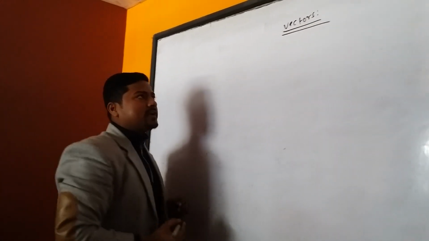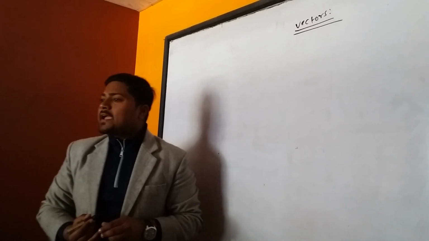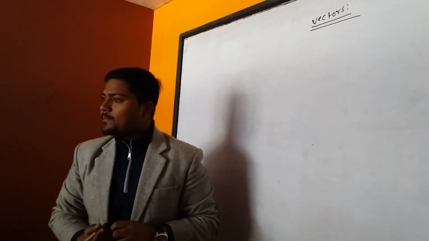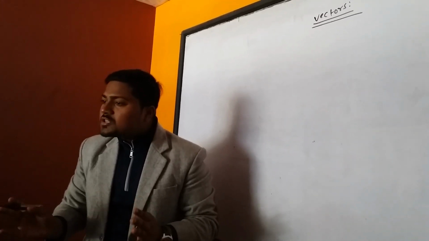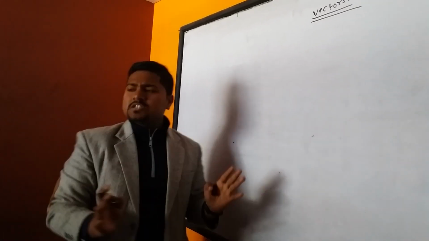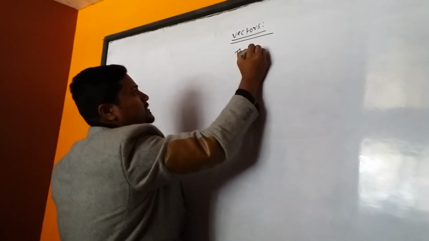Okay, now what is a vector? The physical quantity which has both magnitude and direction is known as a vector. The definition is not too important, but here you can write: the physical quantity